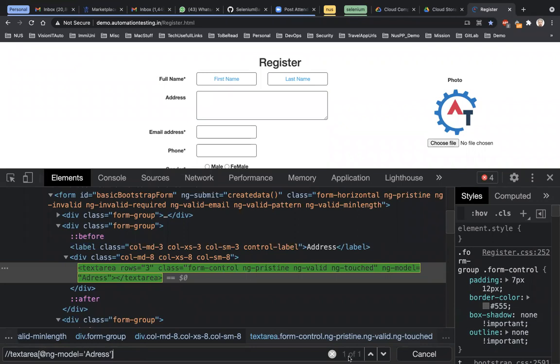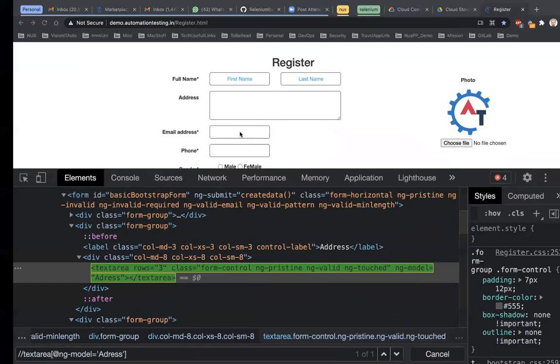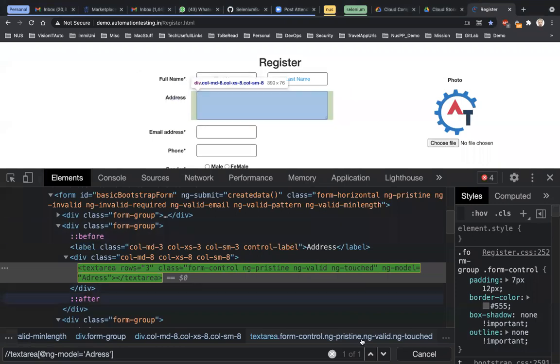This is showing 1 of 1. That means it has uniquely identified, and you always make sure that is always 1 of 1. When you write an XPath and you want to use it somewhere in the code to perform some operation, you always make sure it is giving you 1 of 1. Otherwise, that means it's a problem, because then you will have multiple elements returning, and then your code will not be able to know which element to click, because it is finding duplicates. So the idea of locating an element is that it has to be unique. So now I am able to uniquely identify it.